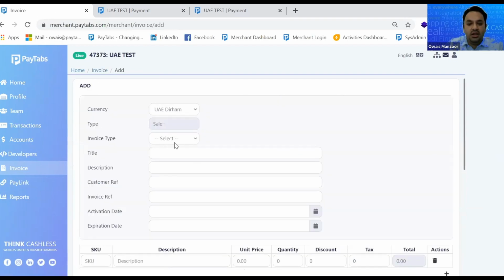So for a single invoice, you put the invoice type as standard or template. Standard is a one-time used invoice, while a template is something you create one time, but use for multiple people. Let's suppose you're selling an iPhone, and you have to sell this iPhone to 50 people. What you can do is create a template one time, which is an iPhone, and then